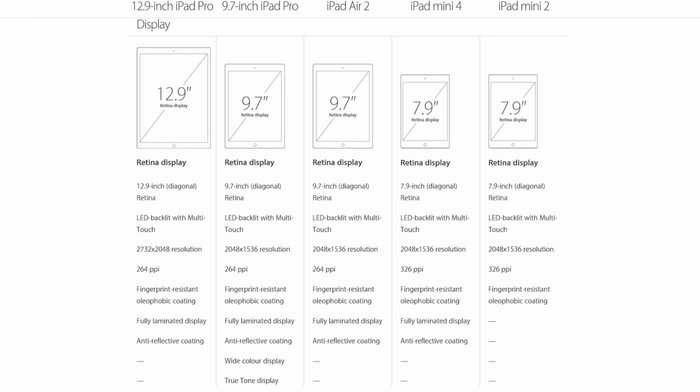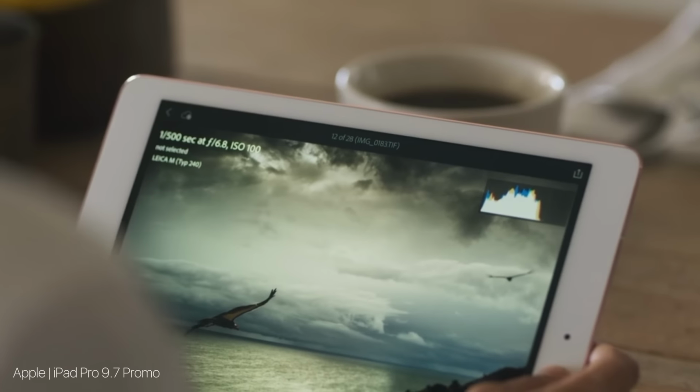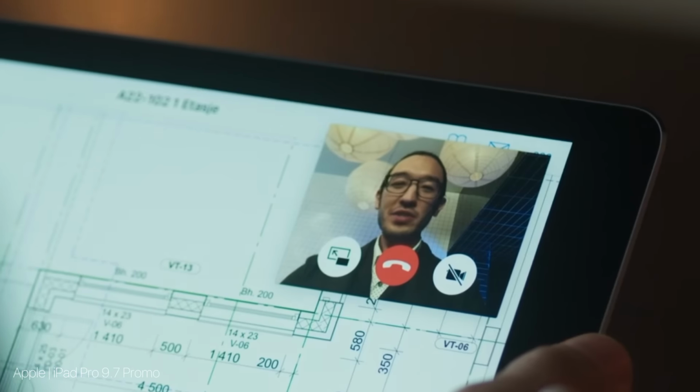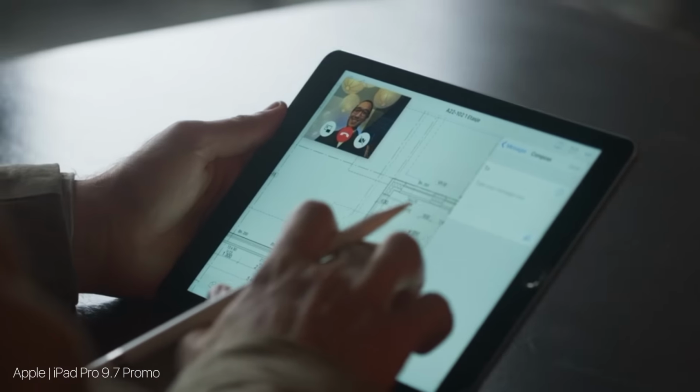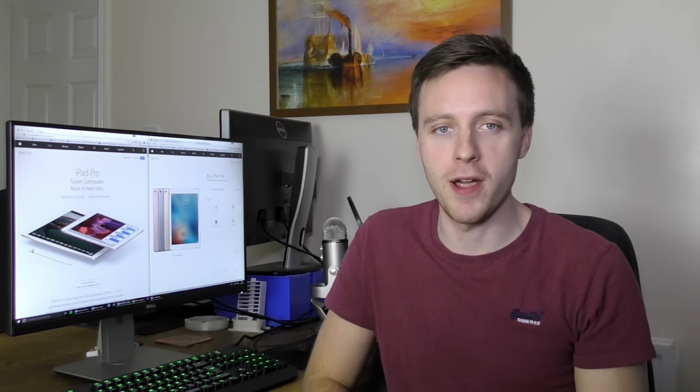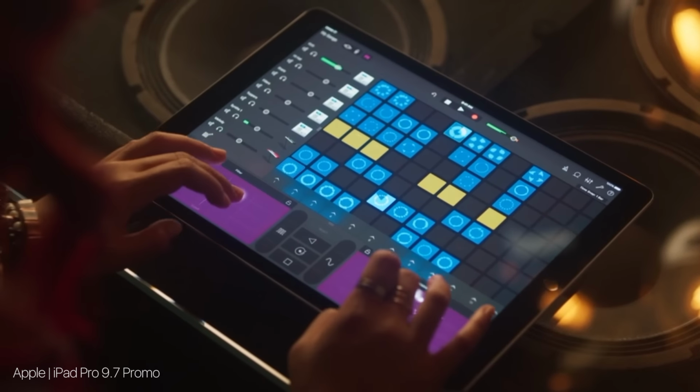It's got the same 2048 by 1536 resolution as the iPad Air and also the Air 2, but it's got a 25% brighter display, color saturation is also 25% improved, and it's 40% less reflective, so big improvements in terms of display quality. The speakers have also been significantly upgraded, pretty much as we expected, with the new Pro 9.7 featuring the same quad speakers as its bigger brother, which apparently, according to Apple, will provide twice the audio output